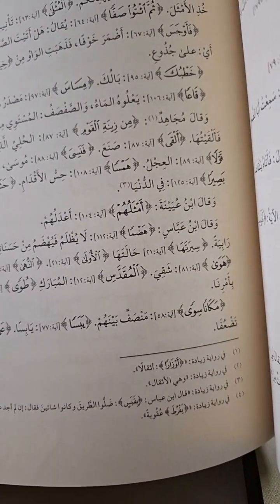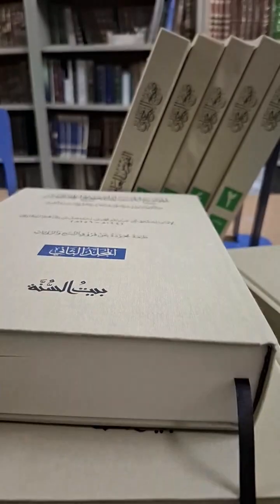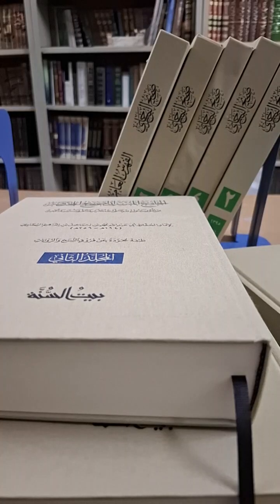So this athar of Ibn Abbas in Kitab al-Tafsir was in other riwayat. So we kept this in the footnotes. Other differences of riwayat and nusakh have all been removed. And this